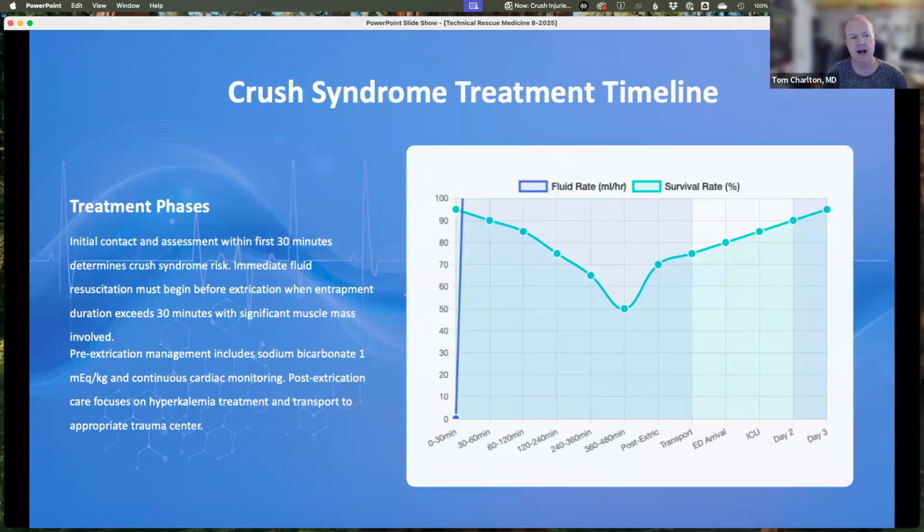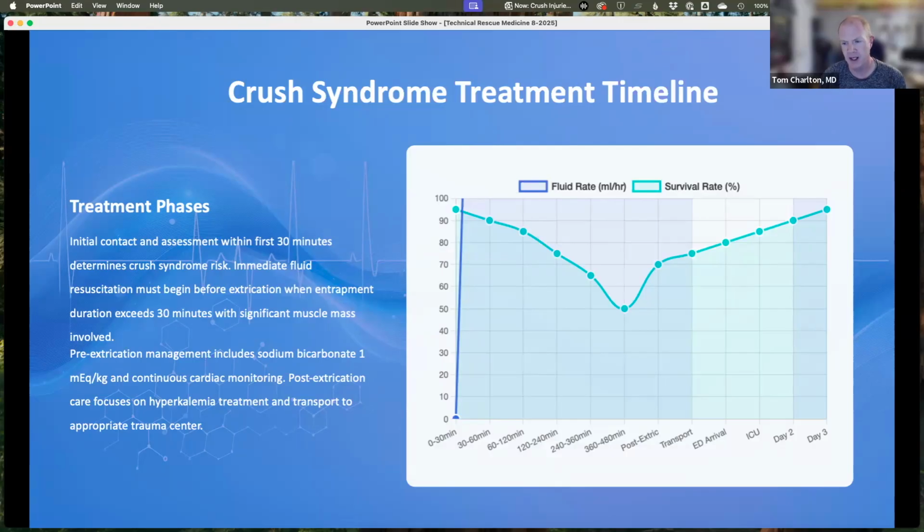So this is a graph that shows kind of the survival rate. And, as you see, the earlier we get to the person, the better off they're going to do. The longer somebody's been entrapped, the lower their survival rate. So when we get out to that 360 to 480 minutes, we're down to potentially a 50% survival rate for